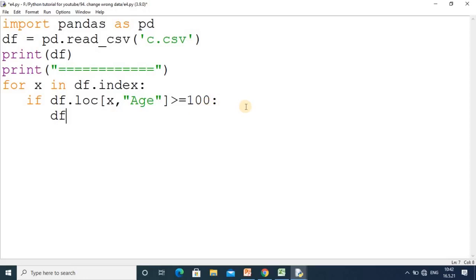Then I want df.loc, and that same thing you have to repeat here. In place of that age, if it is greater than or equal to 100, I will print the message not eligible.